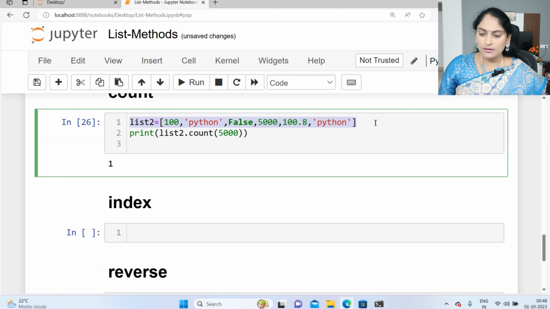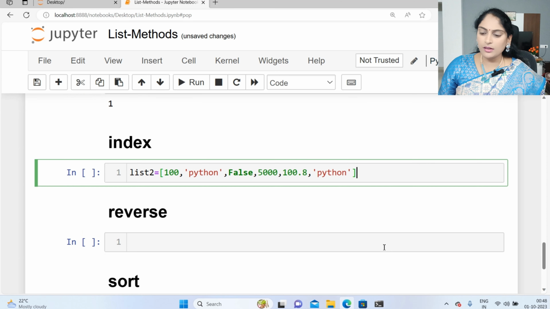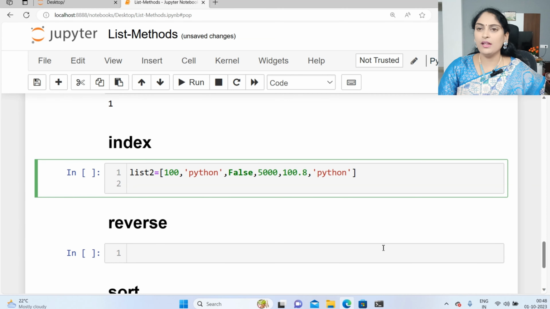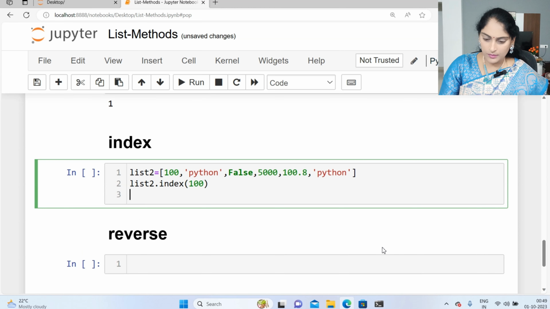So index. Index is a method. I'm going to specify the value. Based on that value, I'm going to access the position of the element. So let me write the code. List2 dot index of. You can write the element inside of this. Maybe I want to check 100. Print of